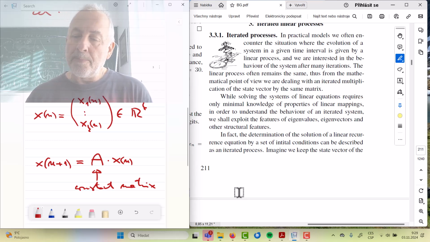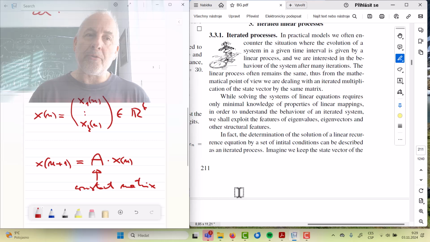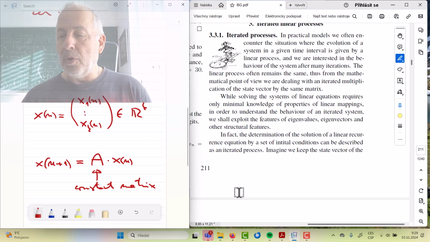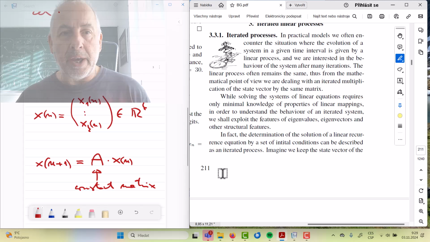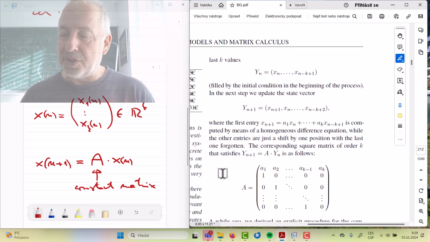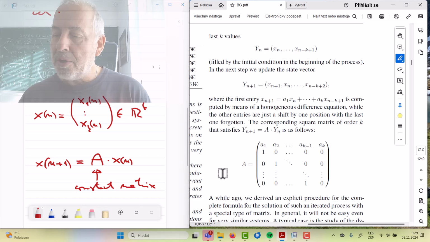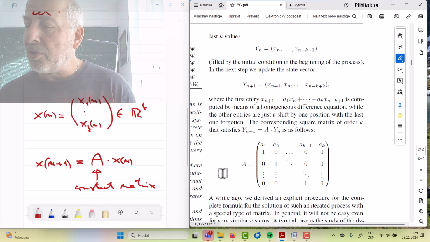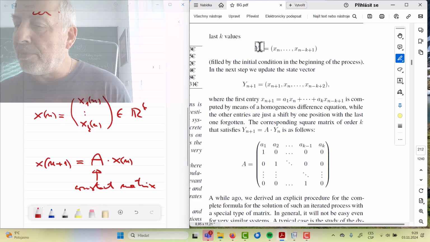So you see that if we start with x0, then the nth value will be A to n times the initial condition. And actually we have seen already one such thing, right? Because imagine what we had with the linear recurrences with constant coefficients. So we simply took